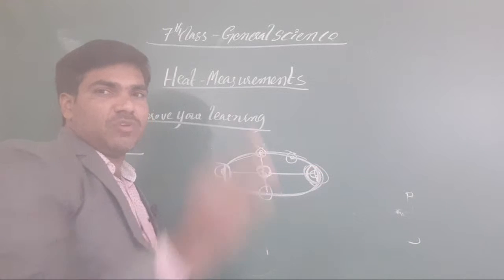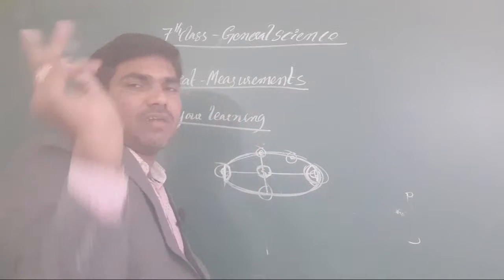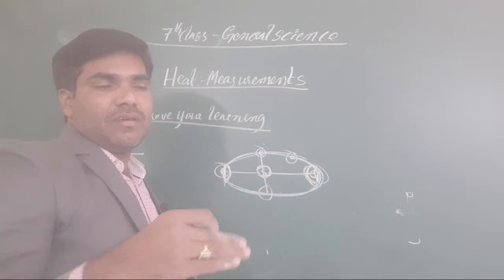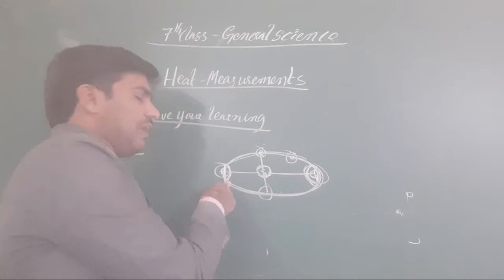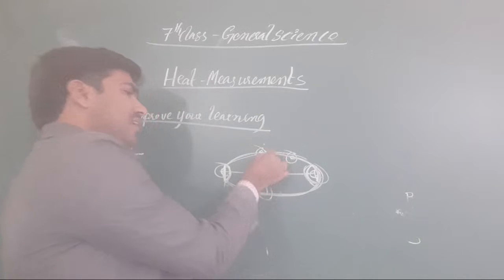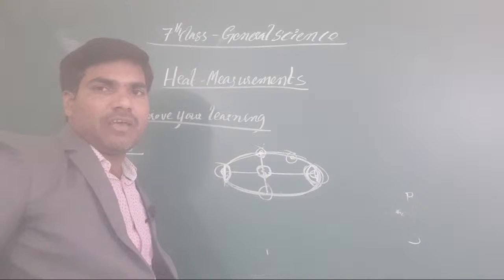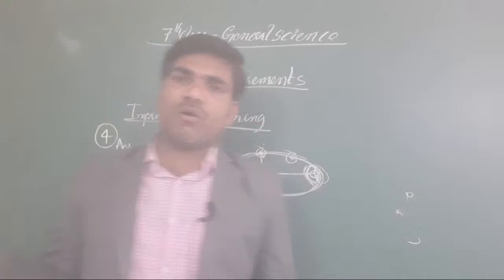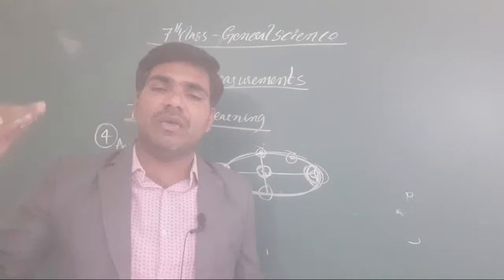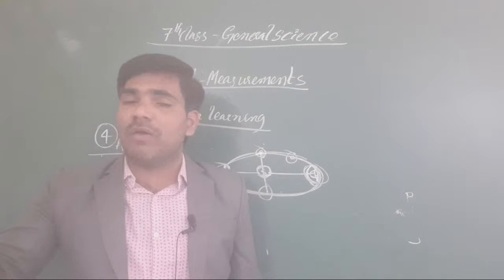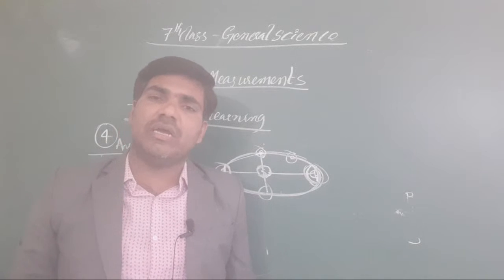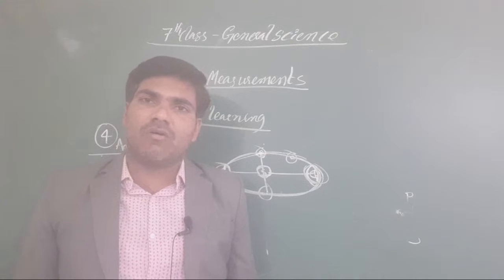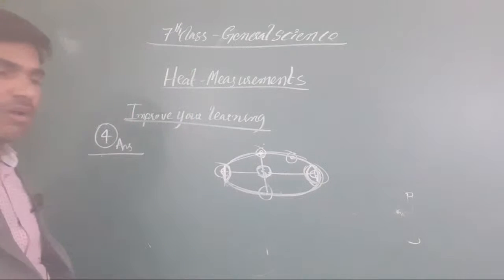In your social studies you learn how the earth rotates as well as revolves. In our coming lessons also there. One hemisphere of the earth is taken as winter, and the other hemisphere is taken as summer. When we go away from the sun, the temperature varies. Clear or not, all of you? When we go away from the hot body, what will we get? It may become cold. When we are nearer to the hot body, what will we get? More heat may be absorbed by our body. Got it or not?